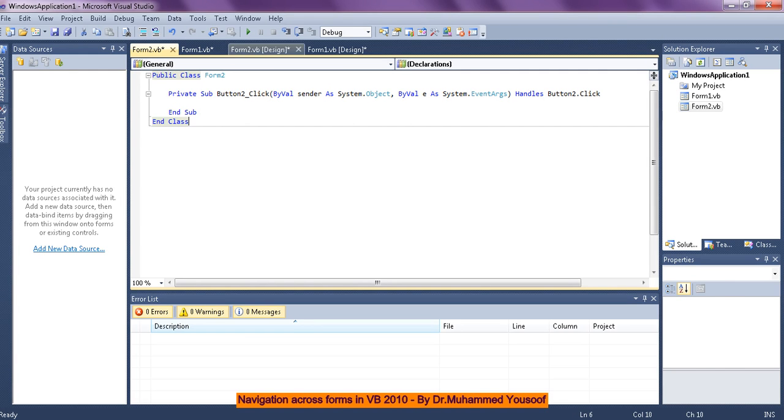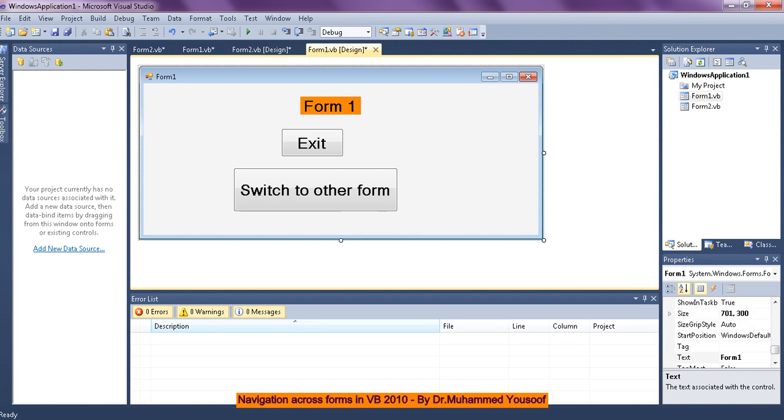Good morning, students. Today, let us see how to switch between forms. Some students have asked this question when we have given a project. We can make many forms, but how to move between the forms? But first of all, I would like to tell you how to make additional forms.